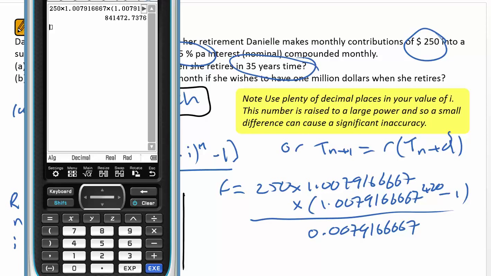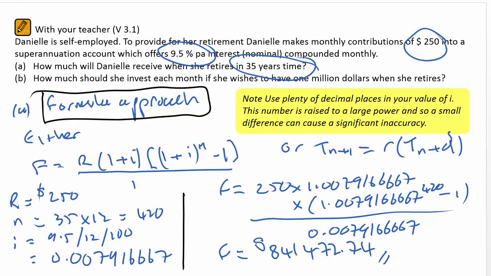And you can see I end up with $841,472.74. In Part B, we discover that she wants to have $1 million when she retires. Now clearly, under these conditions, she's going to have to invest more money into her account each month